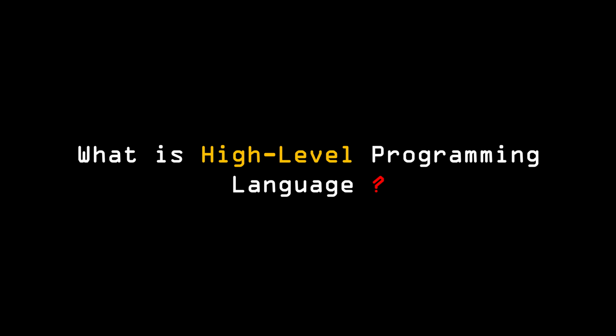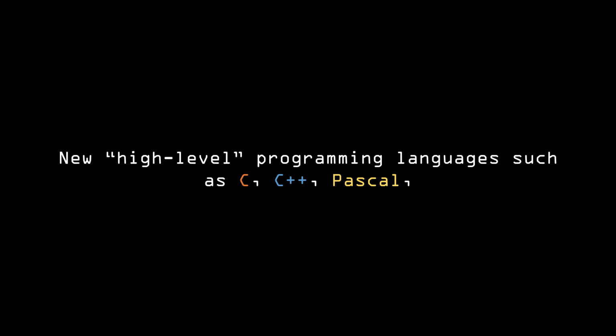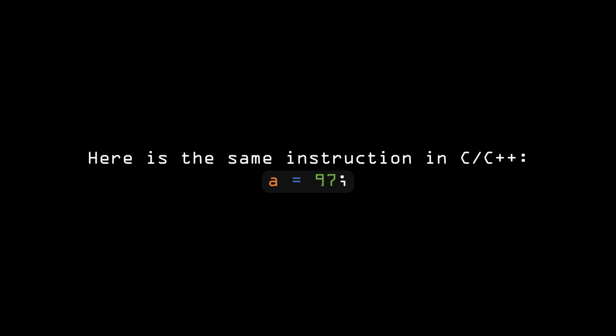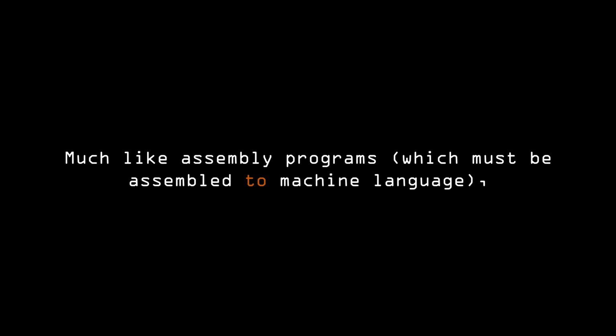What is a high-level programming language? New high-level programming languages such as C, C++, Pascal, and later languages such as Java, JavaScript, and Perl were developed. Assembly instruction: MOV AL, 061H. Here is the same instruction in C/C++: a equals 97;